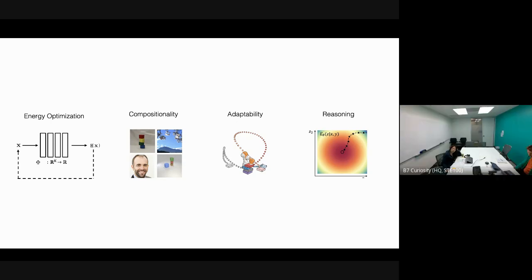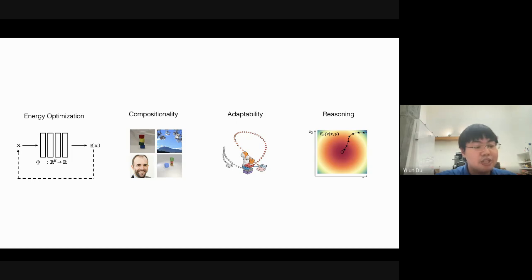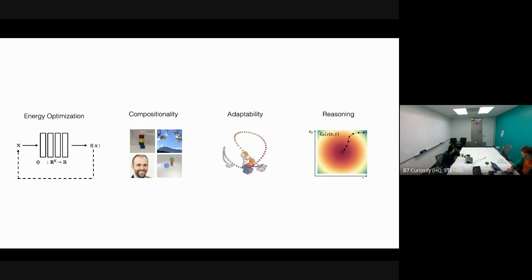I see. So if you use a separate distribution to generate the negative examples, would that alleviate this problem? Yeah, so that's a good question. Using a separate generation would definitely significantly help this problem. I think the issue then though is that your generated samples are not necessarily the adversarial modes in your model. So that might lead to some issues, but yeah, that would definitely alleviate this issue. I see. Thank you.